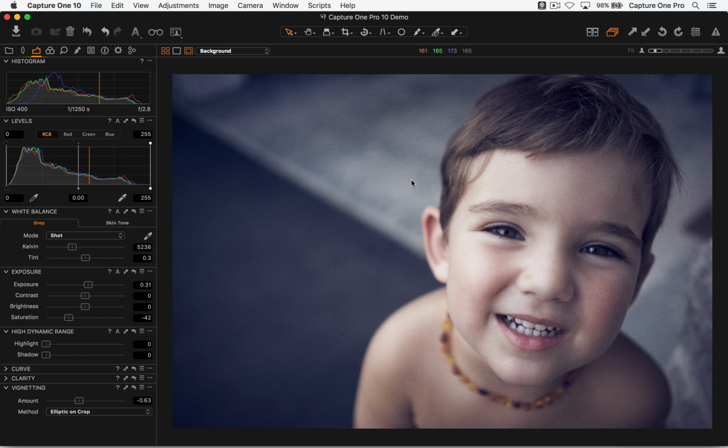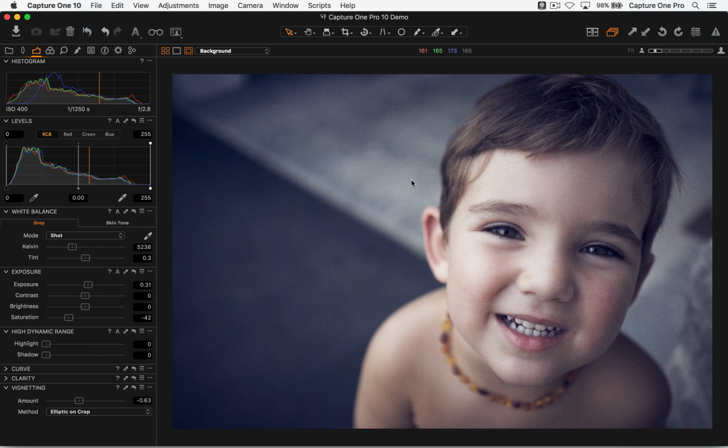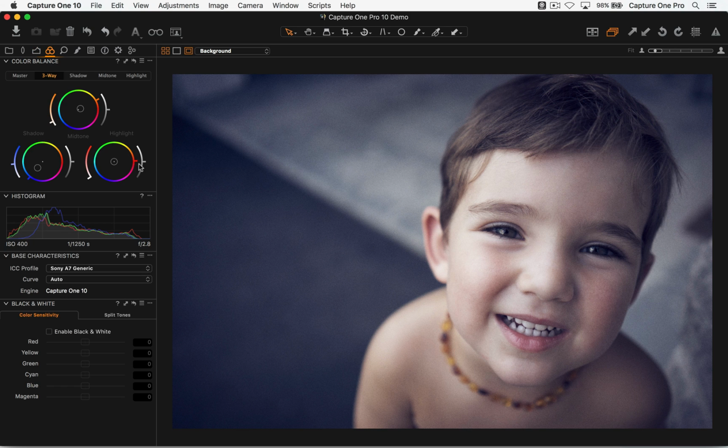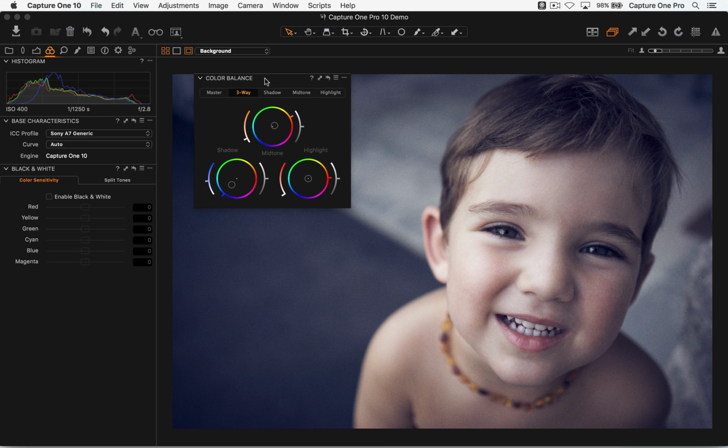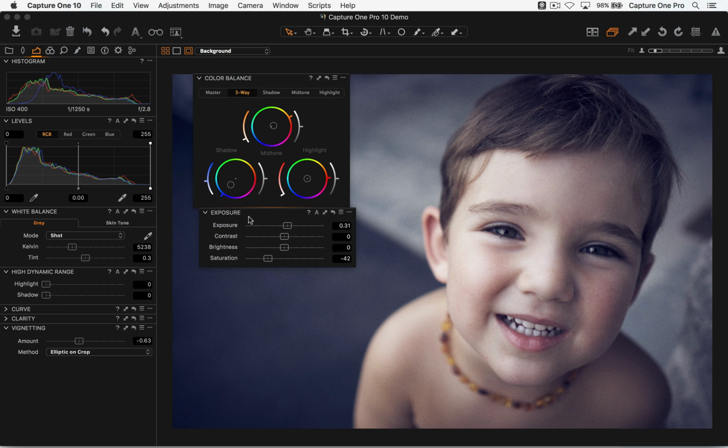So going back to Ricardo's question and Martin's question, how do we achieve something in the middle of not color, not black and white, but some kind of triple toning aspect? The best way to do that is really to combine the color balance tool with the exposure tool in particular. So let's bring this out again and let's grab the exposure tool like so.